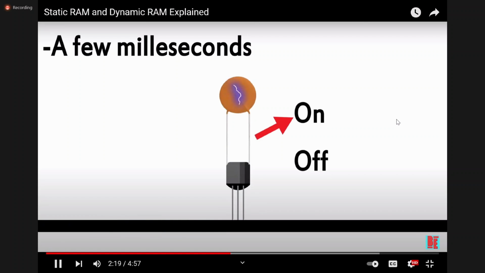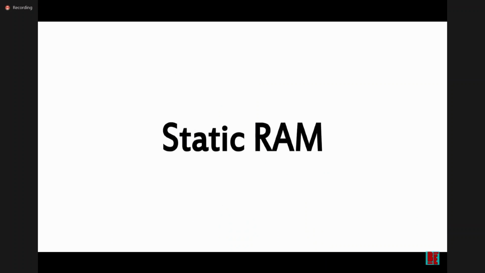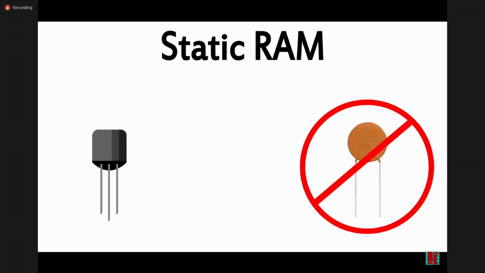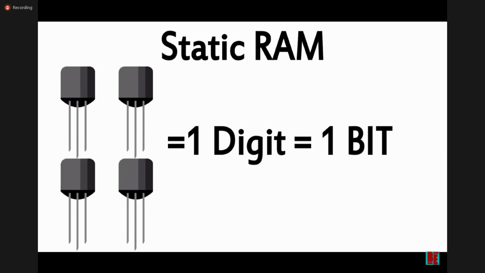This results in memory that can't be accessed quite as fast as it could if it were in a constant state. But because this type of memory is constantly refreshed anyways, it makes it easier to make changes in a state from on to off. Now let's take a look at how static memory works. Instead of using capacitors, static memory uses only transistors. But it requires 4 or sometimes 6 of them in order to represent